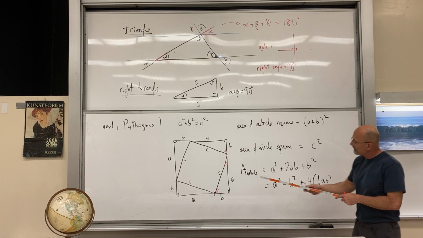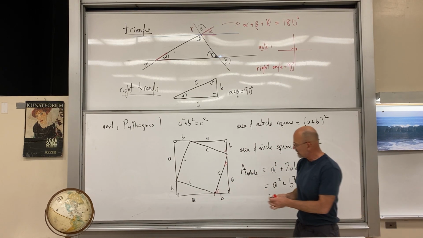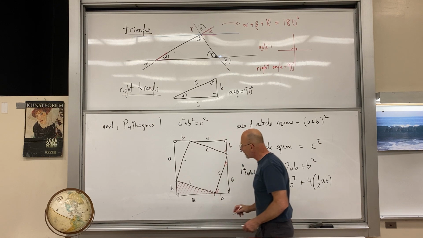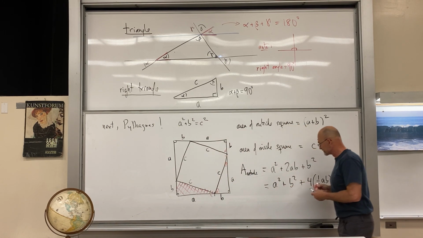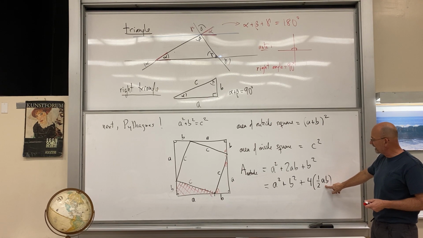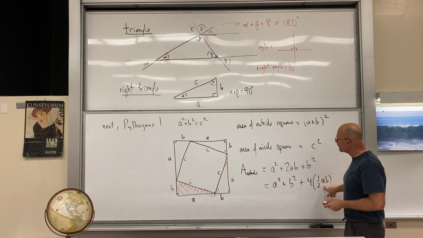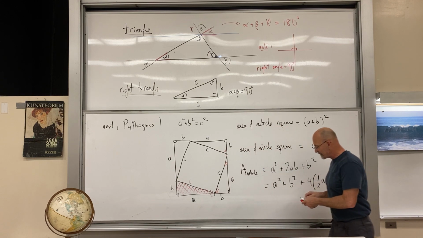I'll shade one of these in red. We have 4 of these, 1/2 ab. So a squared plus b squared plus 4 of these is our outside square, and that means that